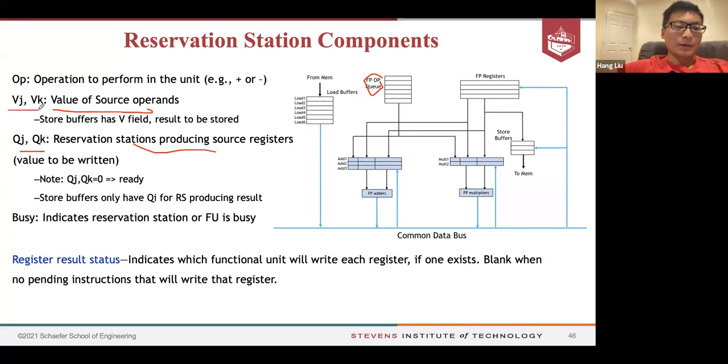So a value V can be value, Q can be query. You can think of it that way. Query is like I'm needing something, I need your help. Or value is the source where it has the value, right? Register result status indicates which function unit will